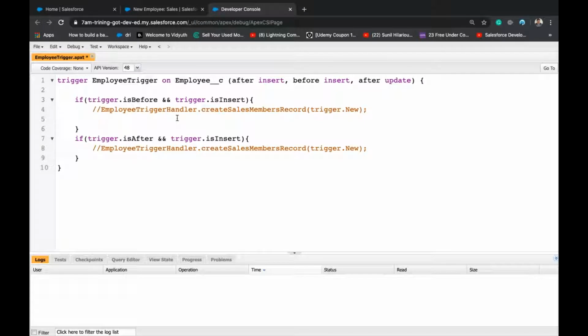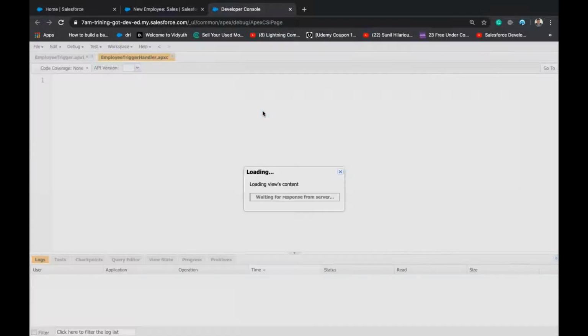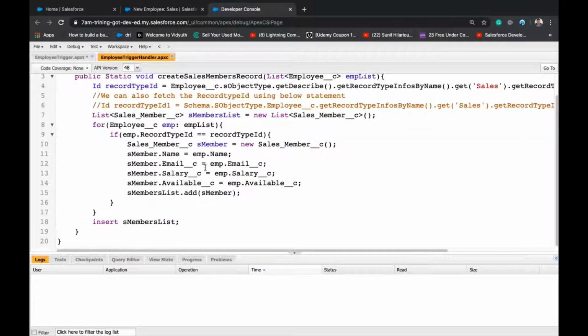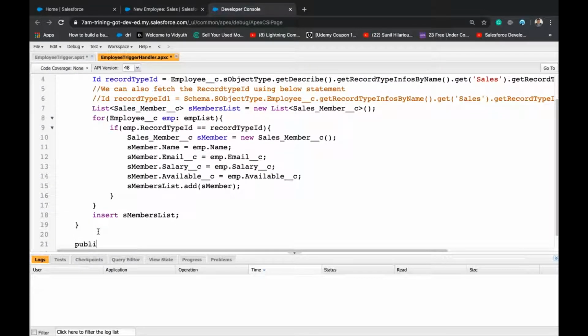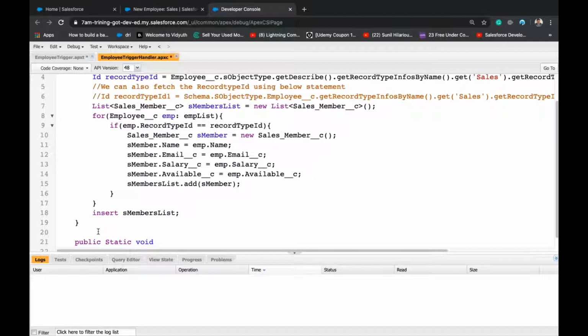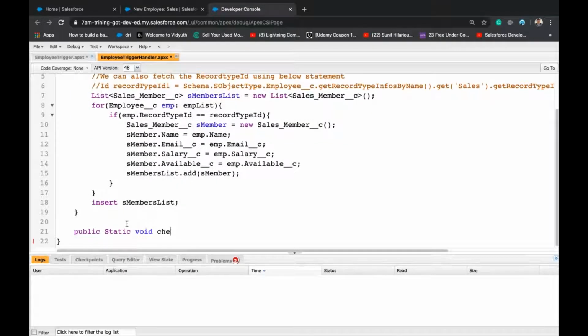This is not good practice, so we should always write the logic inside the trigger handler. Public static void checkEmailExisting,